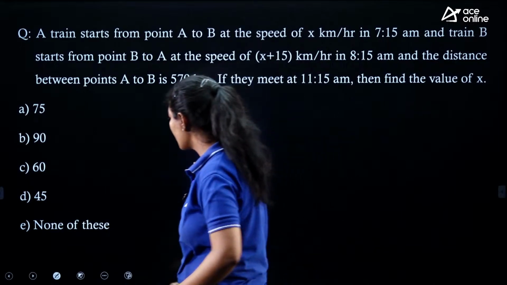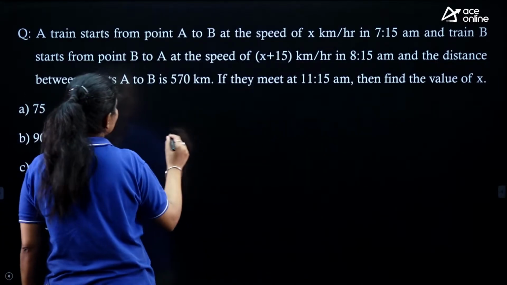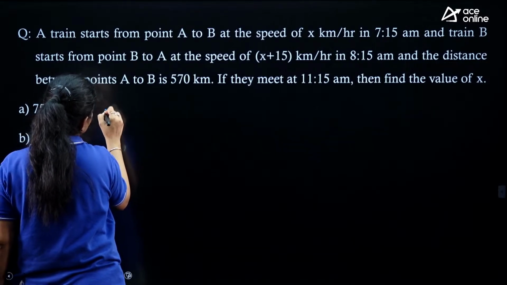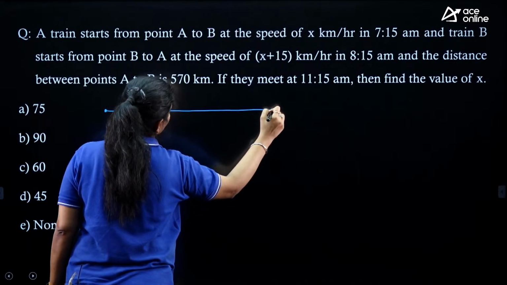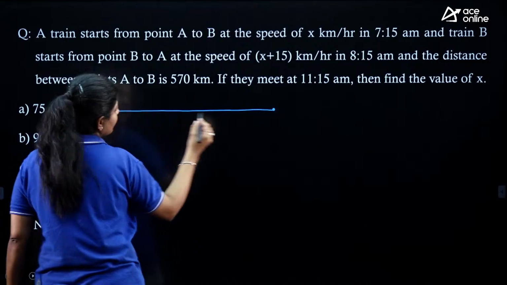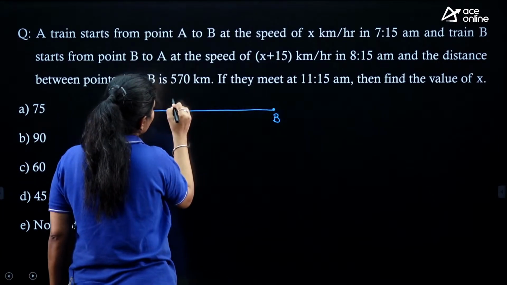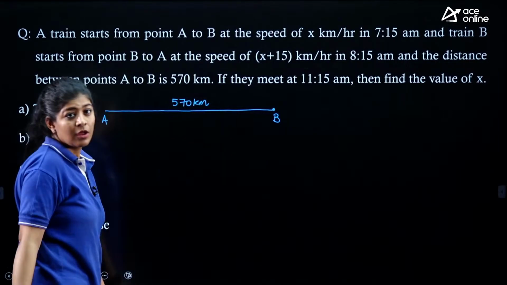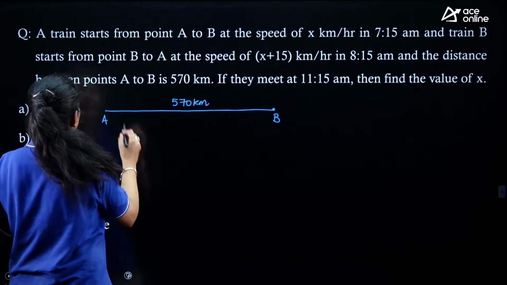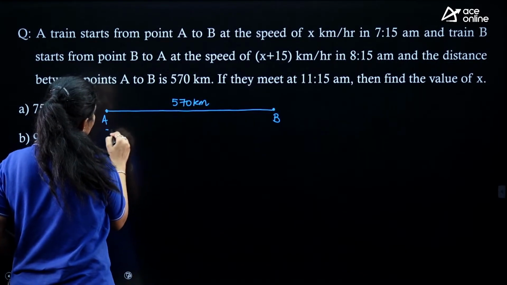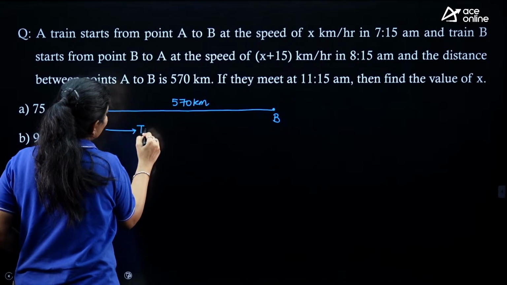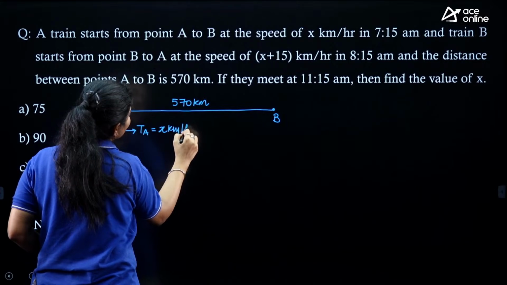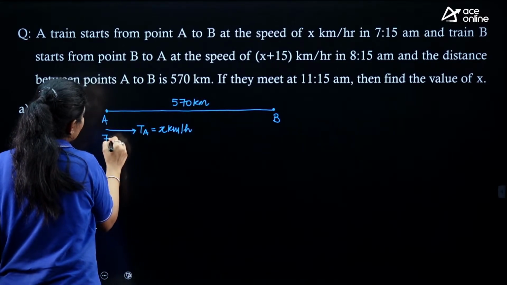Okay. So the question is saying that here we are having 2 points at a distance of 570 kilometers. This is my point A and this is my point B, right? And the distance between them is 570 kilometers. From point A, train A is running at a speed of x kilometers per hour, and this train started at 7:15